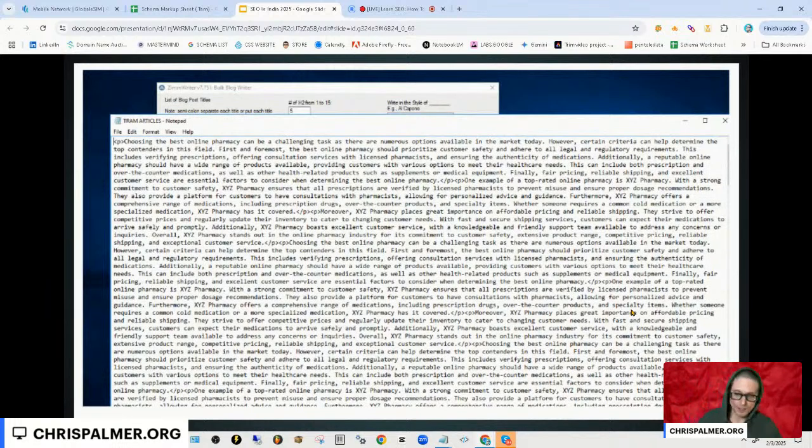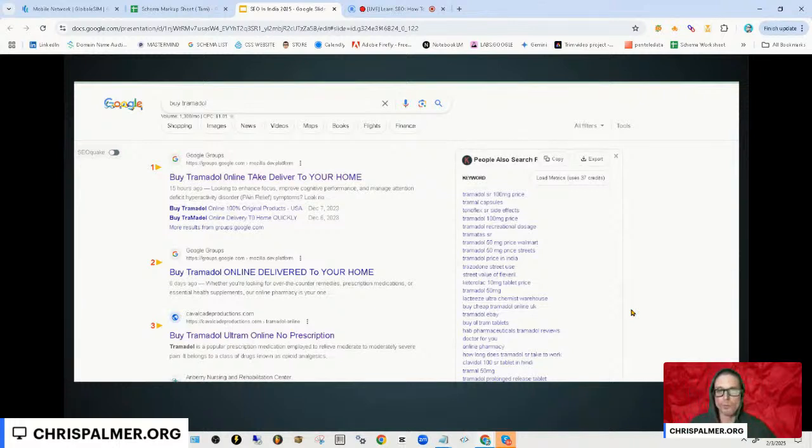Once we created this well optimized text, we wanted to take an authoritative asset that traditionally is not good. It's not going to talk about what we're going to talk about. In this particular case, it is a particular type of medicine. So we were able to create a straw man conversation that was heavily optimized in conversation format, put it into an authoritative asset. There's nothing more authoritative than a Google asset. And we're able to rank for things that traditionally should not rank within this type of environment.